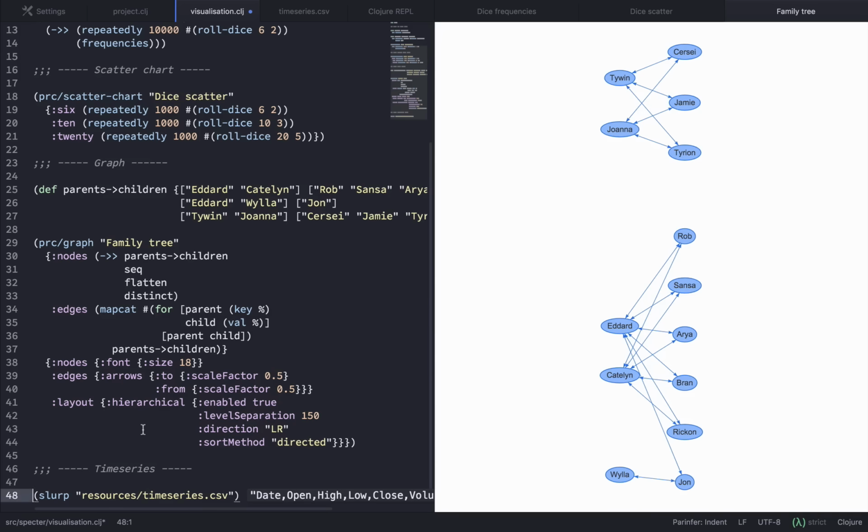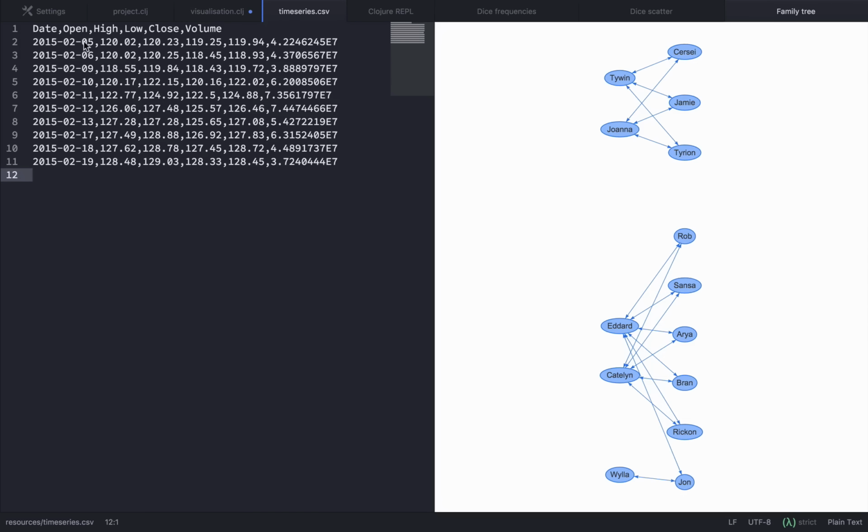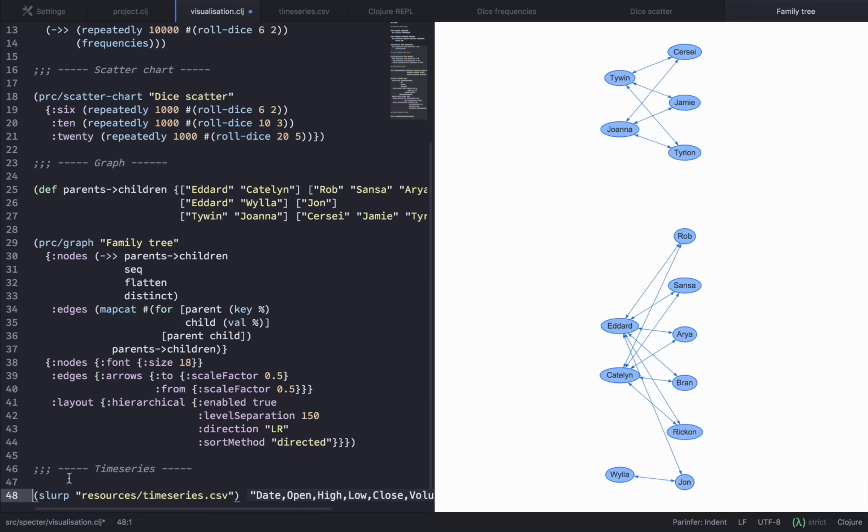C3 and/or proto-repl-charts can cope with rendering data in either row format or in column format. So this one, if I can swap back to time series, it's in row. So the data for each date is in a row, not in a column. So let's call this, let's def row data